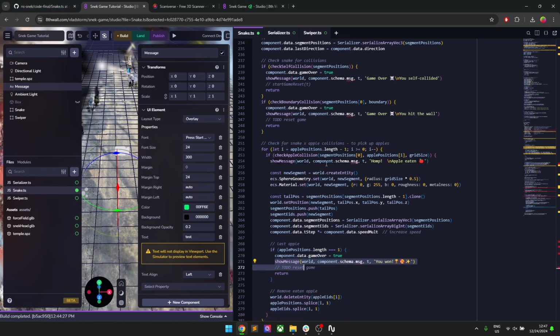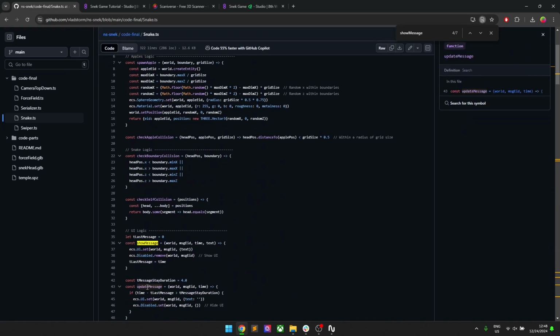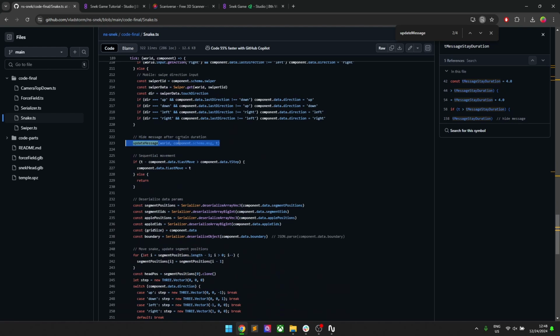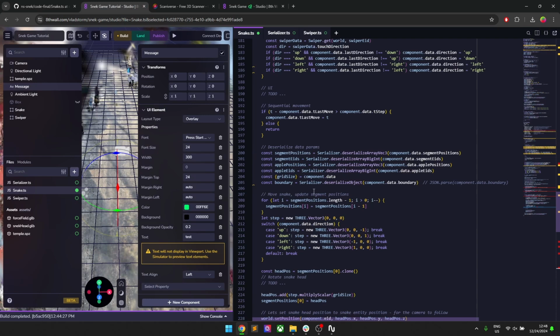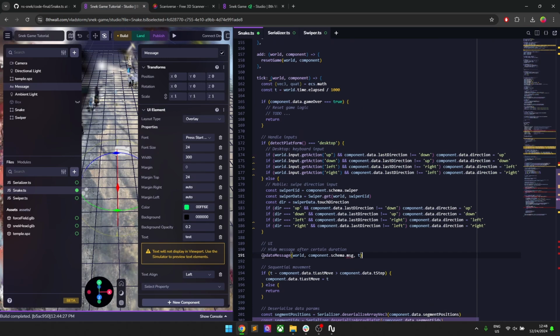And also we need to place a function called update message. This is important so that our message disappears after a certain time. So we can go to tick of the main game logic and add update message here. This function will track the time, and after a message is shown for a certain amount of time, it will hide it. And as you can see, we need to add a message